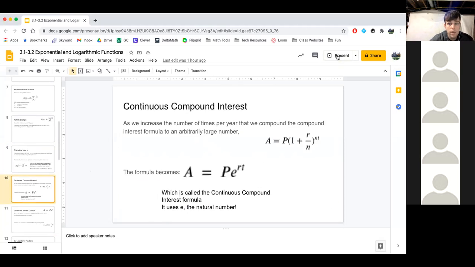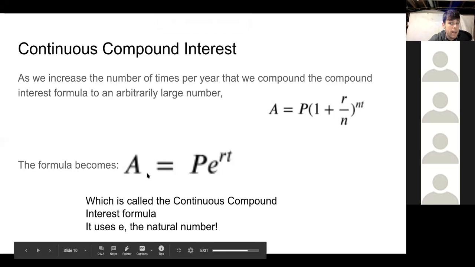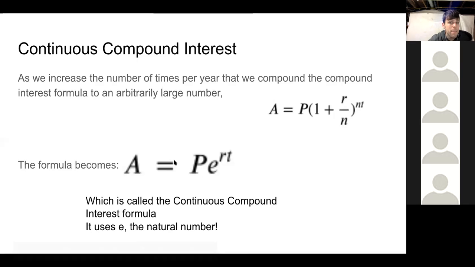One of the places that we do that is in this particular formula right here. In the continuous compound interest formula, we use a base of e. The difference between continuous compound interest, which this is, and this one is, if you start increasing the number of times that you compound interest, so we were dealing with compounding twice a year or 4 times a year or 12 times a year, as that number gets large enough, this formula, particularly that one part of it that looks like the thing we were just talking about, the 1 plus 1 over x to the x, this part of our formula